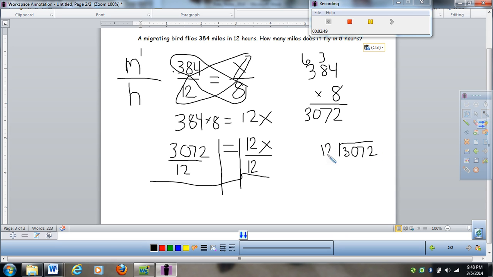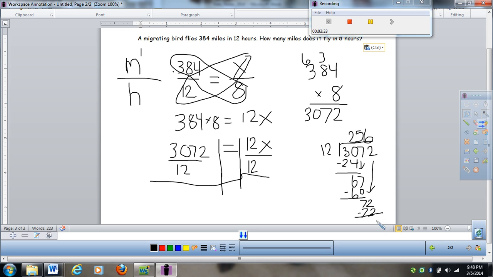I know that 12 goes into 30 twice. 2 times 12 is 24, leaving me with 6. I'm going to bring down the 7. I know that 12 goes into 67 5 times. 5 times 12 gives me 60. Subtract and get 7. And last, bring down the 2, leaving me with 72. And I know that 12 times 6 is 72,